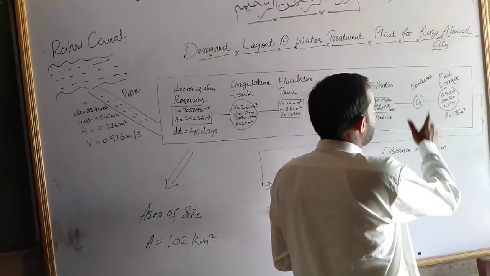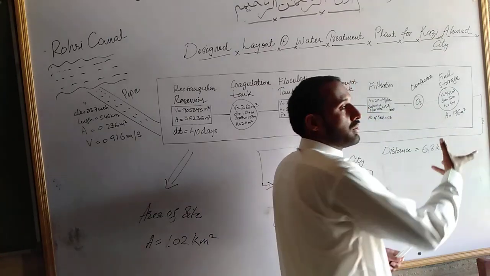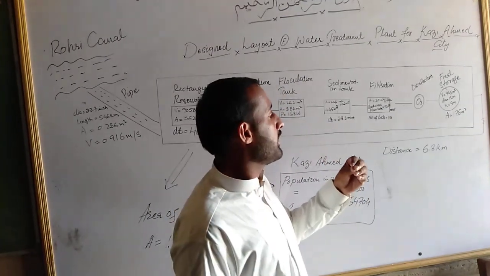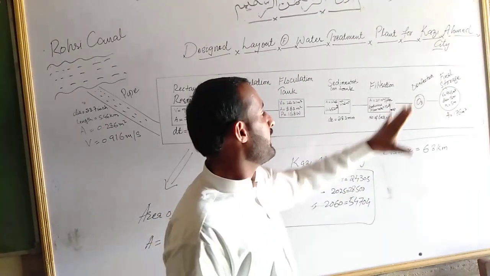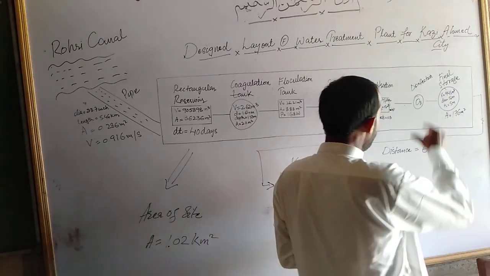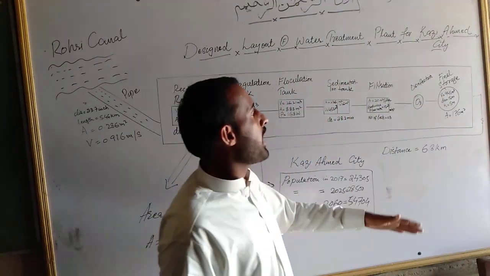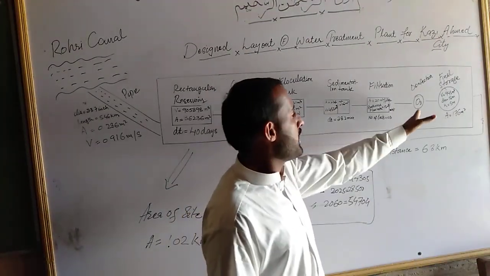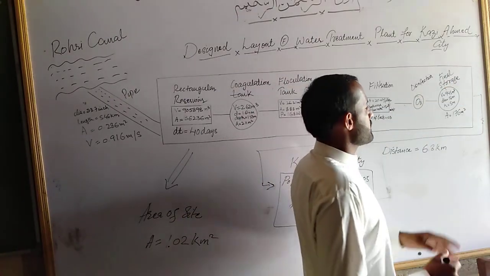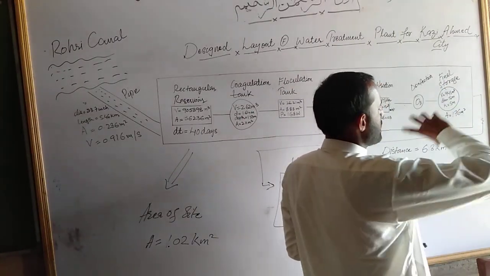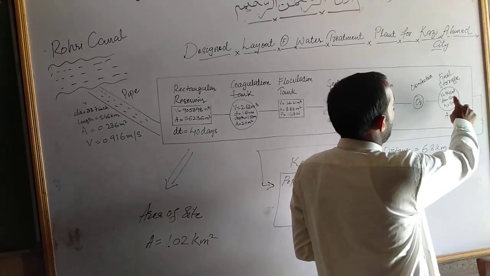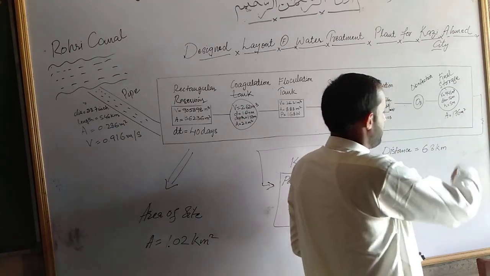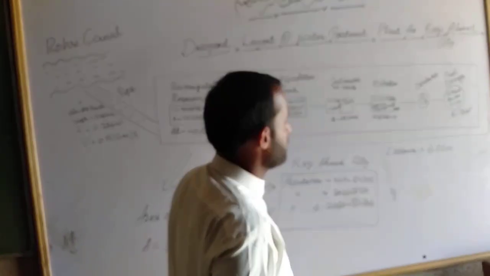We do this by adding ozone. Ozone is a gas which is used for the disinfection of the water, in a way that it can inactivate the microorganisms. When the water is completely disinfected, we store it for further supply. The water is in a huge amount, so we have to store it in a storage tank, which I have also made circular, with a volume of 945 meter cube, diameter of 15 meter and height of 5 meter, with an area of 176 meters square.